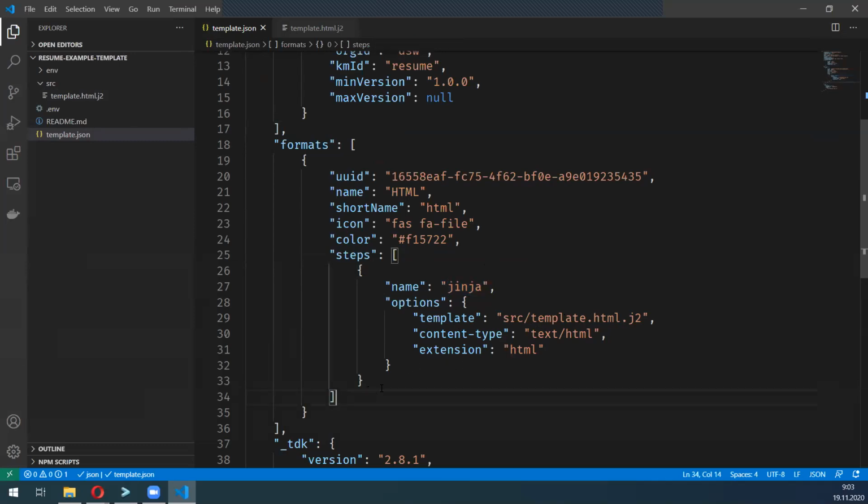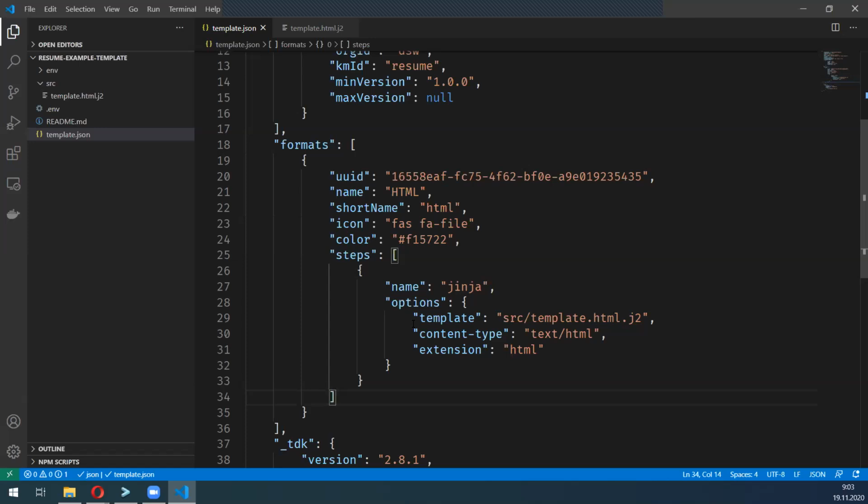So it's not limited to any format. I just want to show here the HTML because it's the most common when you want to produce something that is human readable. But in the same way, I could use, for example,